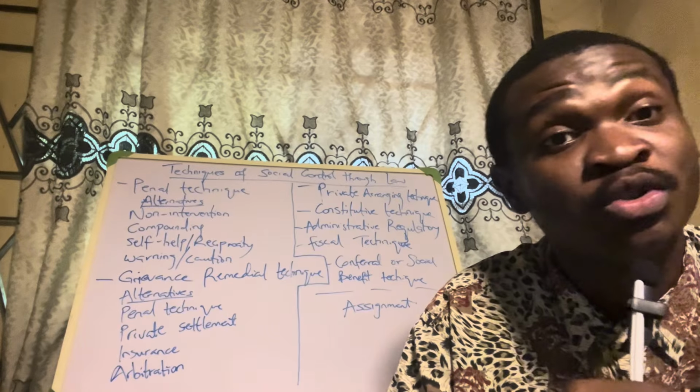Now, when you say not guilty, the prosecution will be expected to prove their case beyond reasonable doubt. This is not an evidence class, so there is no need to go into Section 131, Section 130, or Section 132 of the Evidence Act to talk about the meaning of beyond reasonable doubt. When you get up in your level, you are in year one now. I assume that if you are watching me, you are in year one or about to enter year one in law. So just understand what I am saying.